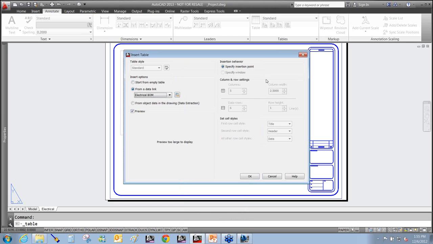Notice how all of this information over here on the right is grayed out because it's going to pull all that information right out of the Excel spreadsheet. So it's not going to change any of this stuff, including the cell styles or, up here at the top left, the table style. It's not going to use any of that. So that's how to create a data link. And you can create as many data links inside one drawing as you want. If I hit OK,